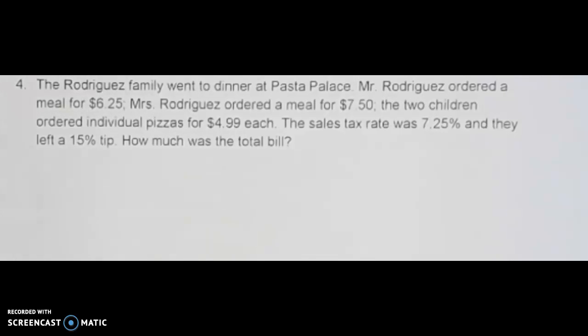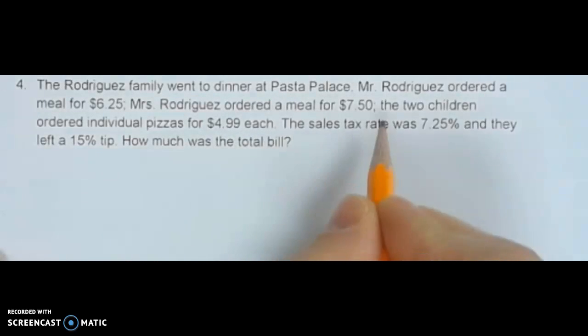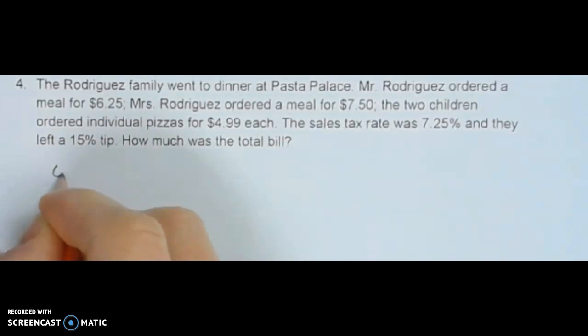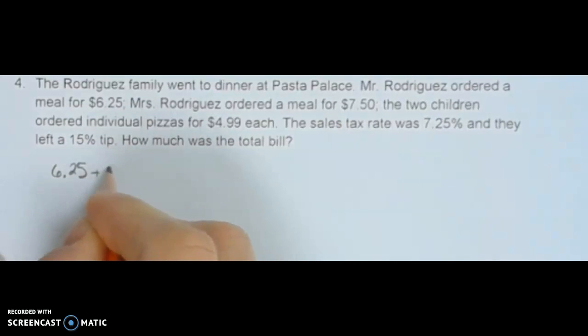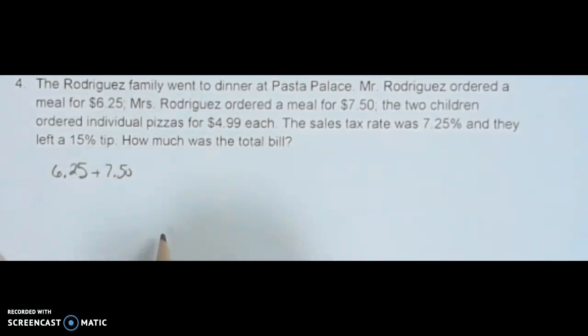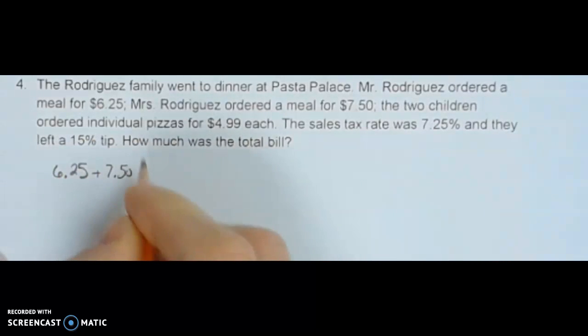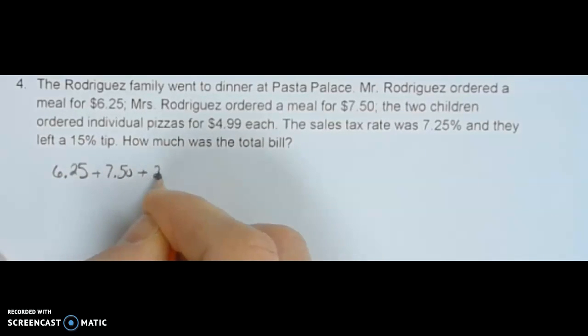So there's a whole lot happening here. We've got to get their subtotal, we've got to figure out how much the tax is, we've got to figure out how much the tip is, and then all together at the end, what the total bill is going to be. So let's start out with the subtotal. All right, Mr. Rodriguez's meal was $6.25. Mrs. Rodriguez's meal was $7.50. And then the two children each got an individual pizza, $4.99 each. So plus 2 times